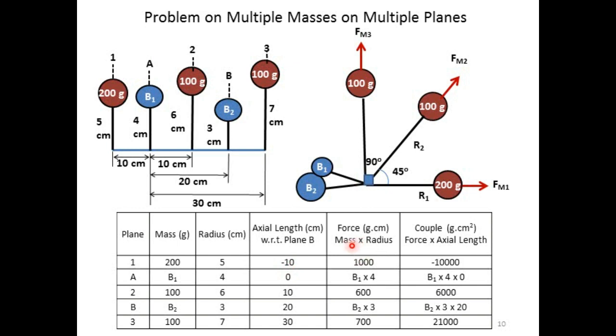Force can be calculated by multiplying mass with the radius. So we calculate 200 into 5 is 1000, B1 into 4 is B1 into 4, 600 into 6 is 600, wait, 100 into 6 is 600, B2 into 3 is B2 into 3, 100 into 7 is 700. Couple can be calculated by multiplying force into axial distance. Here's the force, here's the axial distance: 1000 multiplied by -10 is -10,000, with the minus sign. B1 into 4 multiplied by 0 is B1 into 4 multiplied by 0, so this couple will be equal to 0. Then 600 multiplied by